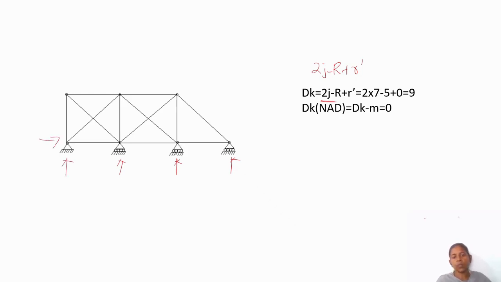So 2, 3, 4, 5 reactions, and there are no releases, so it is 9. Here, neglecting the axial deformation, it is already neglected because it is a truss member. The axial deformation is neglected from its basic assumption, so there is no need of calculating it and neglecting the